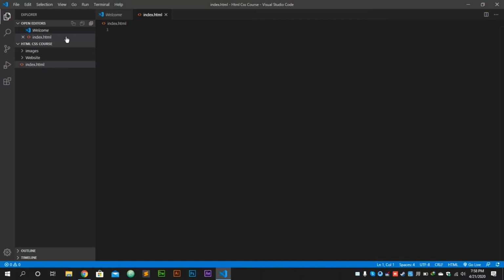When you upload your website on the hosting, the server will specify your page and show your main page by selecting the name index.